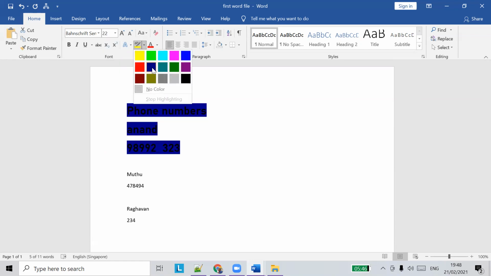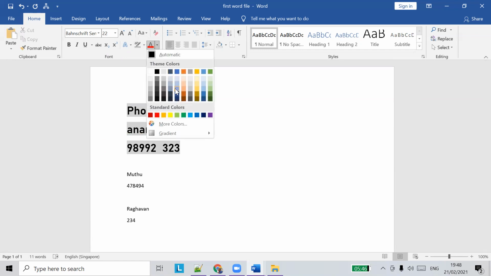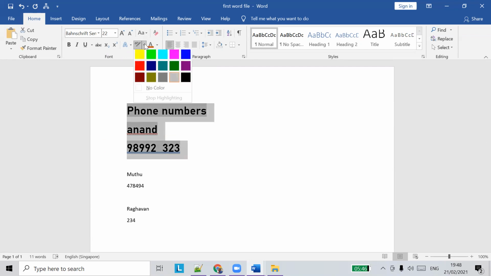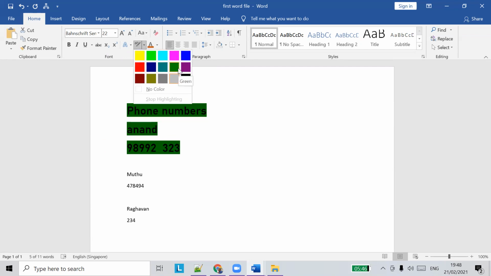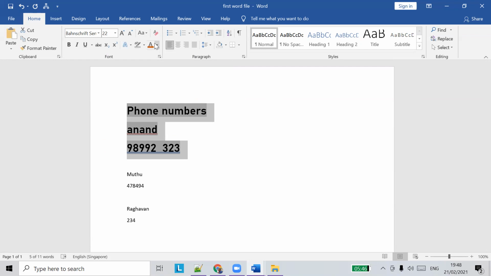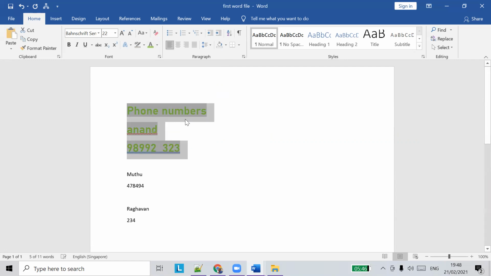I can change the background color of the text. I can change the color of the text also. This one is background. So you can change the font colors.